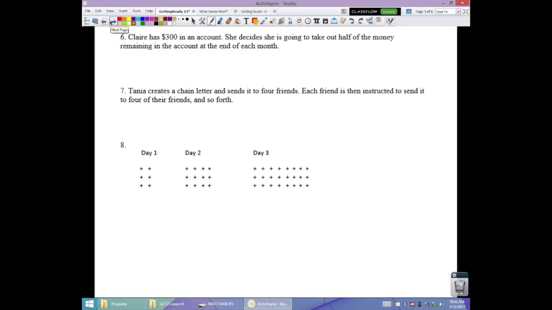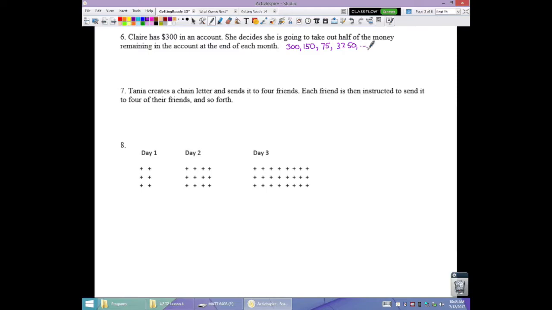Number 6, Claire has $300 in an account. She decides she's going to take out half the money at the end of each month. So I would start this one by making a little list so you can see the numbers as they change. So we start off with 300. She decides she's going to take out half at the end of each month. So half of 300 is 150. She's left with 150. She takes out half of that at the end of the next month. That's 75. Takes out half of that. She's at 37.5. And so on and so on